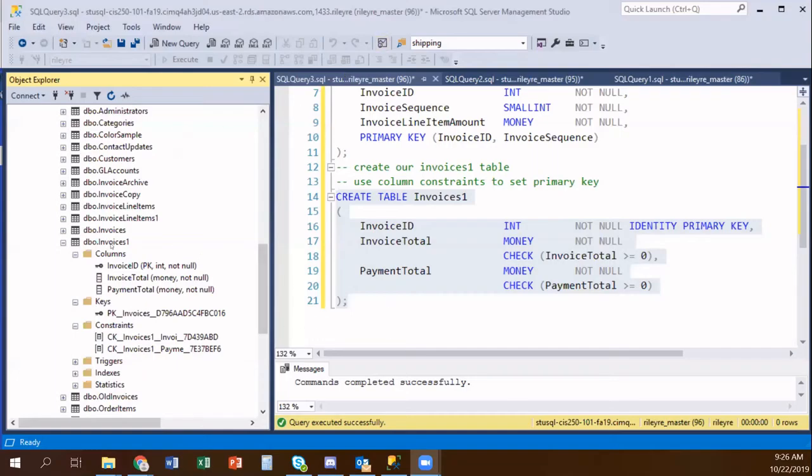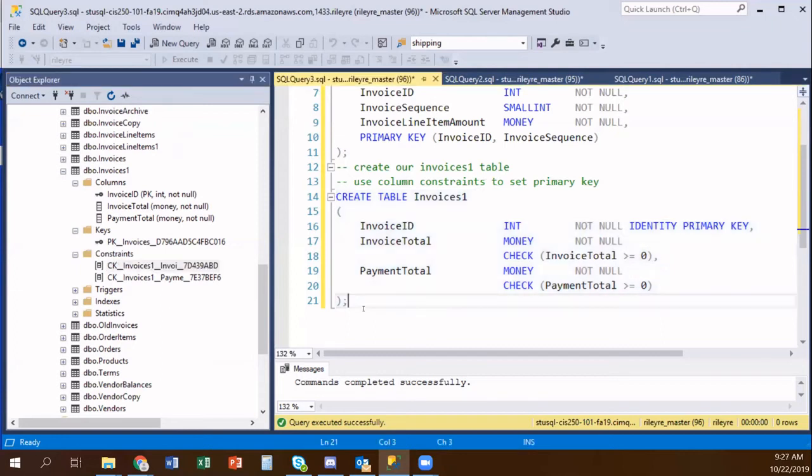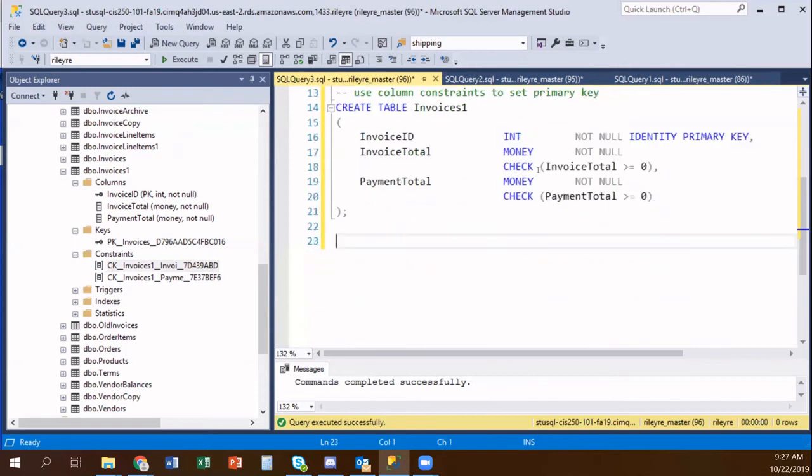Okay, so notice your invoices 1 table has these new constraints. And looking at them doesn't really tell us a lot. We would have to send them to something to keep that information. I'll show you that in just a minute. Let's create another invoices table just a little bit differently. So we want to do kind of the same type thing. Create table invoices